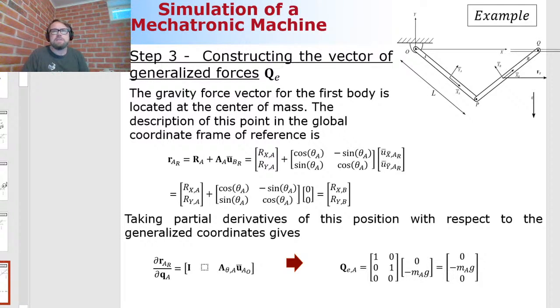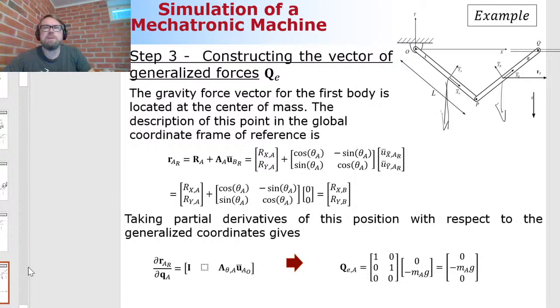Then externally applied forces. That's going to be quite straightforward, the reason being that we only have a gravity force, and the gravity force is applied at the center of the mass, and the body reference coordinate systems again are located at the center of the mass. So the mapping matrix will be in a very simple form. Okay, so how does it look? The gravity force is made in a little bit complicated way. So we are first going to take a look at